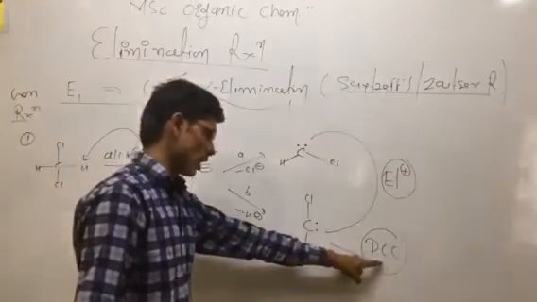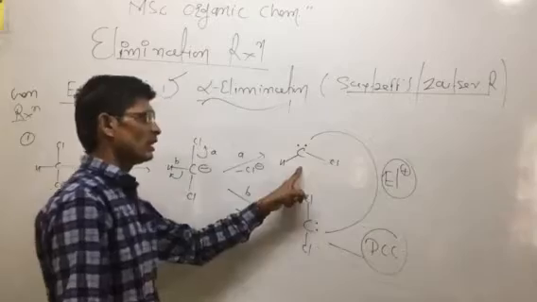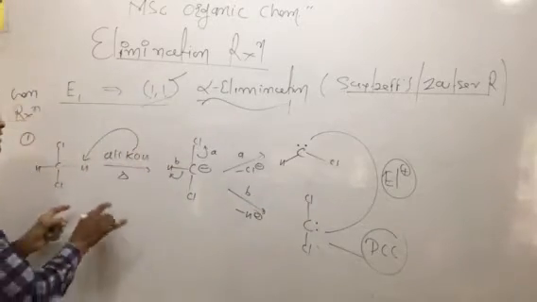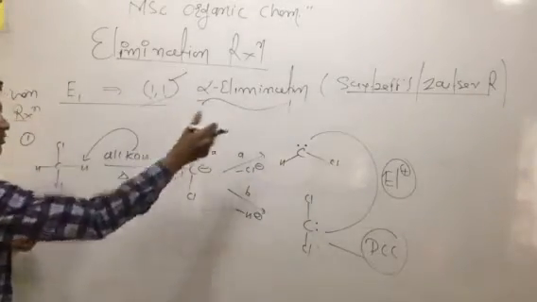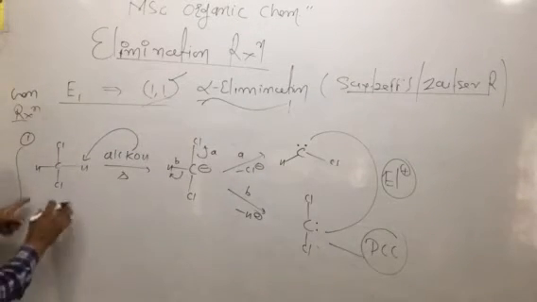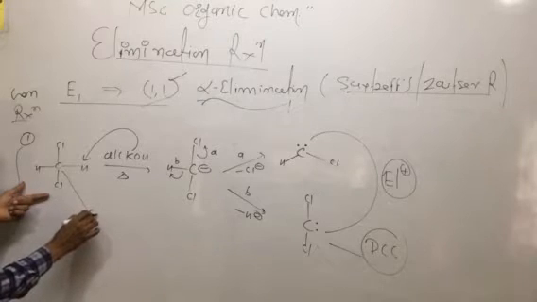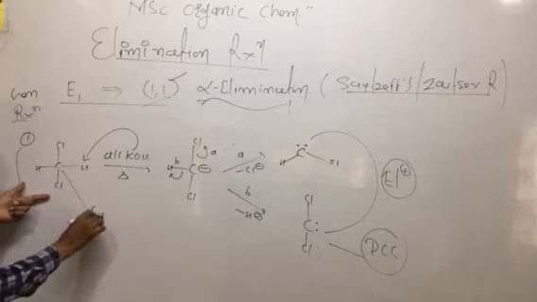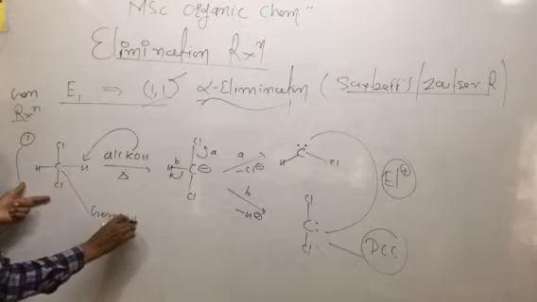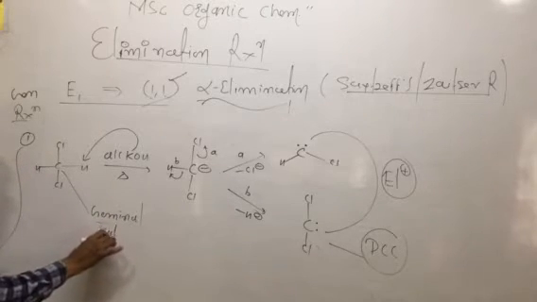So this dichlorocarbene is a reaction intermediate, and we call it the 1-1 elimination or alpha elimination. Why do we call it 1-1 or alpha elimination? Starting from this type of carbon, this is the same carbon. As we can say, this is the geminal carbon atom. This is the geminal halide.